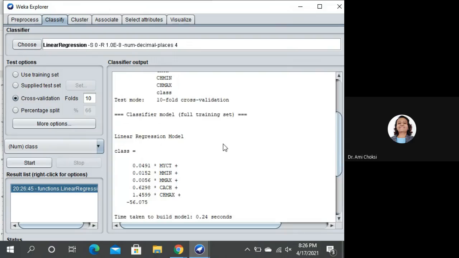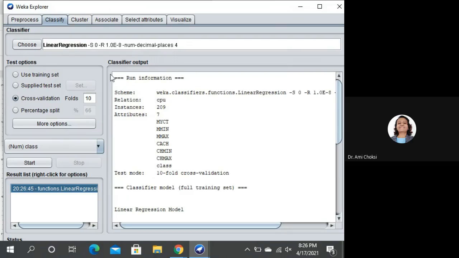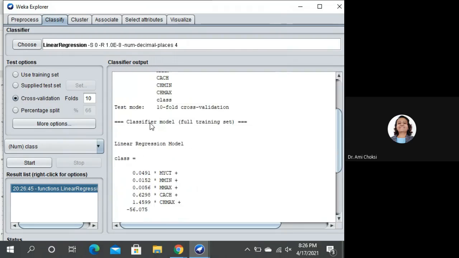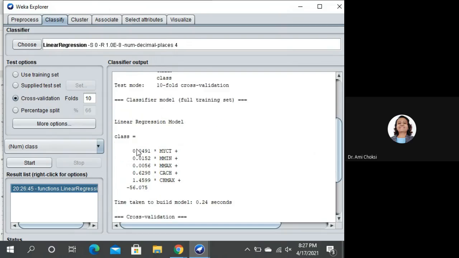Now what are we getting? We are getting the number of instances, attributes, then the classifier model, that is full training set.